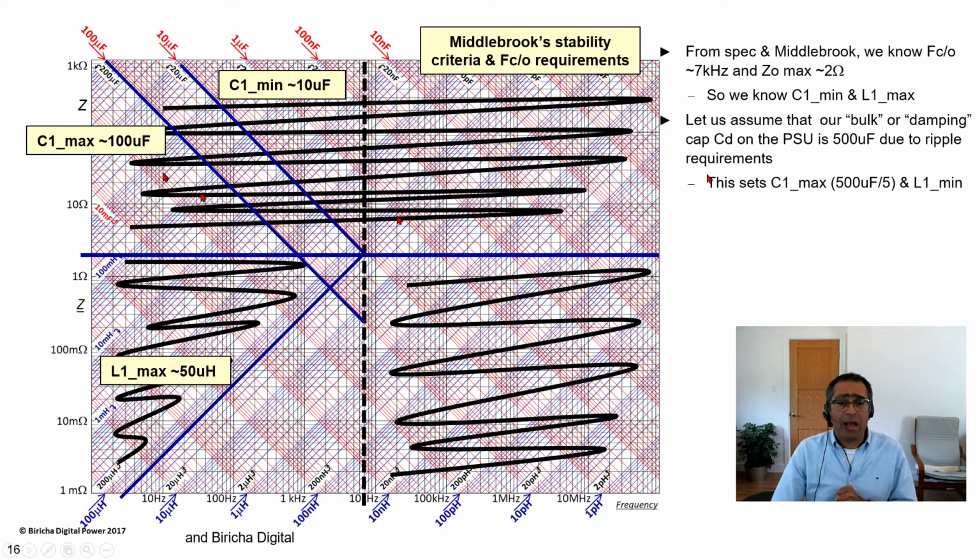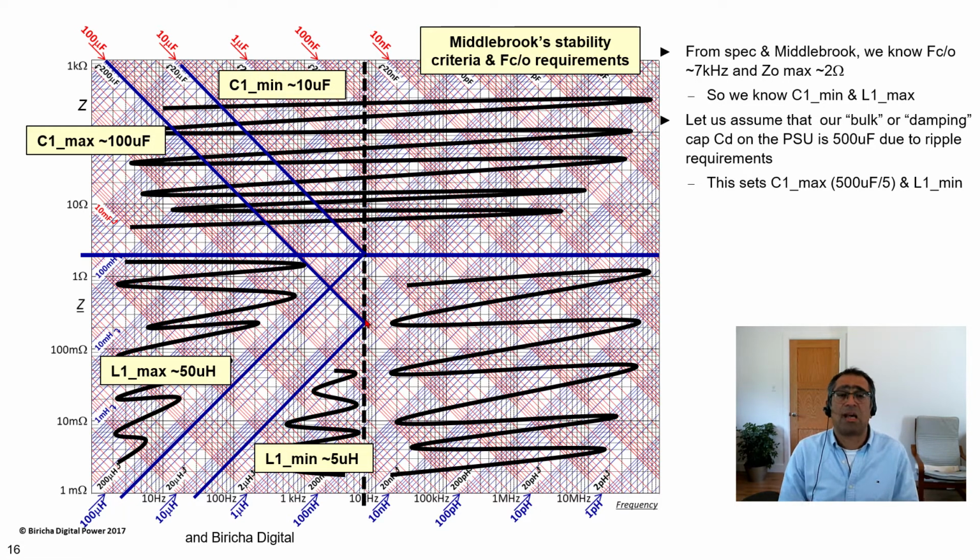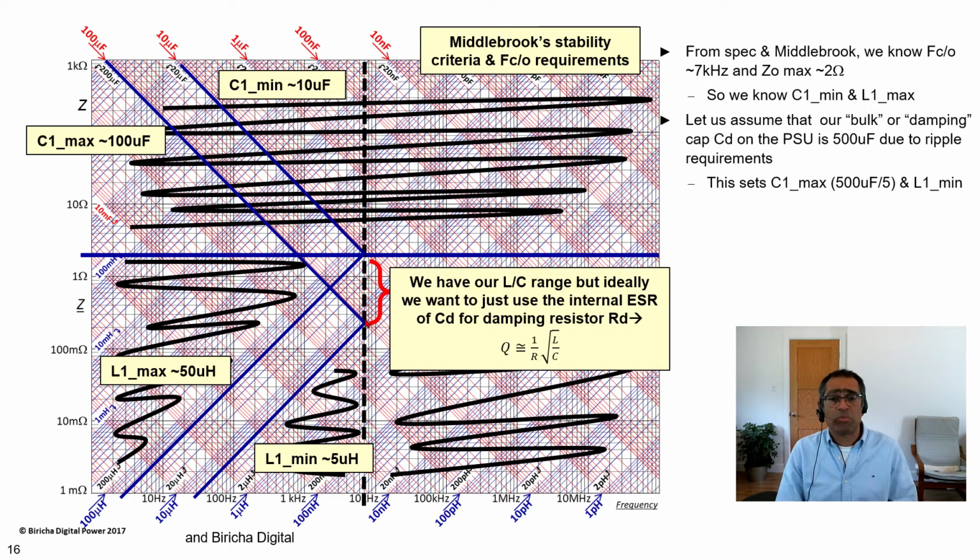Okay? Then as this reaches my cutoff frequency line, it determines the minimum value of the inductance. So the minimum value of the inductance I can use is 5 microhenries. So I end up with a small range